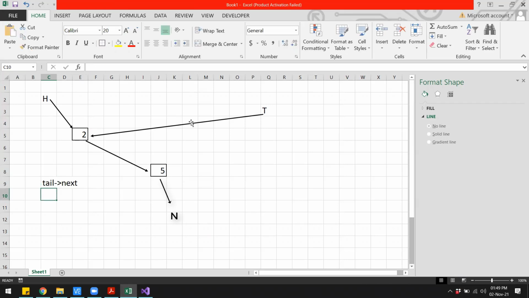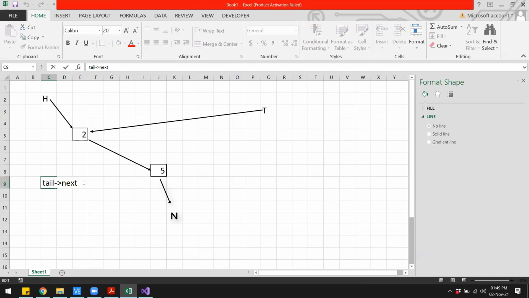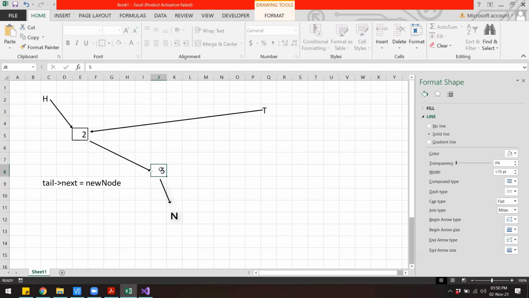So I can say tail arrow next. So tail is this particular pointer, right? And tail arrow next will be this one. So I can say you make tail arrow next, which is this pointer, point to where? Make that point to the new node. New node is this one. So when we do this, this particular pointer will appear and it will start pointing to our new node.